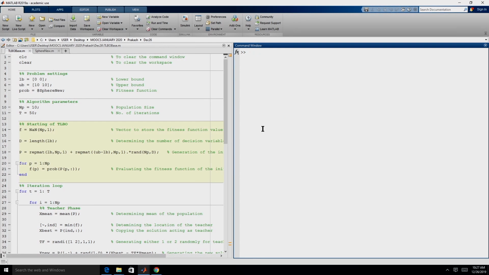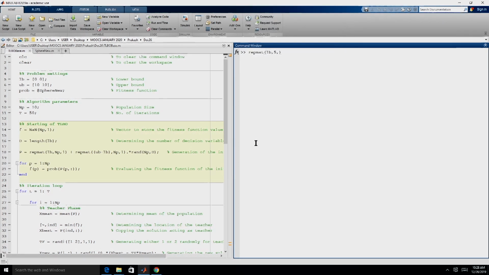There is another useful function in MATLAB called repmat. Obviously, for all these functions you can just go and type help followed by the name of the function to read further. Here we are quickly showing you how to use this function. For example, now that I have this lower bound, let us say I want to replicate it multiple times. I can use repmat of LB comma 5 comma 1, which will give us the same row replicated 5 times.